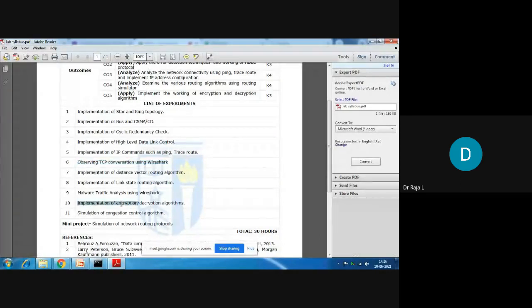Then implementing encryption and decryption algorithms. You know what encryption and decryption are: the original image or original text is converted into ciphertext, that is, encrypted. There are several mechanisms available. You want your data to be securely transmitted, so you go for encryption at the transmitter side.